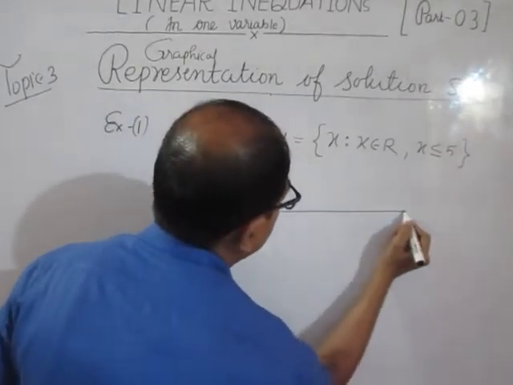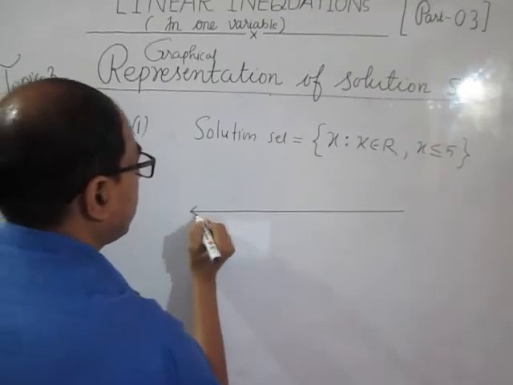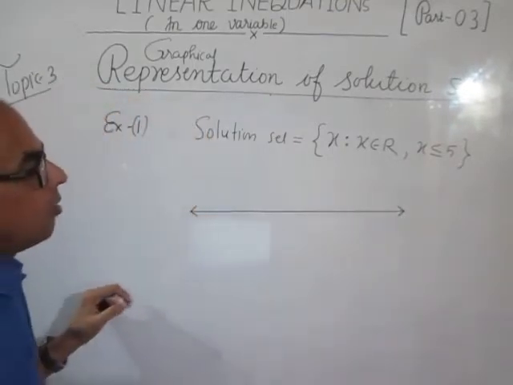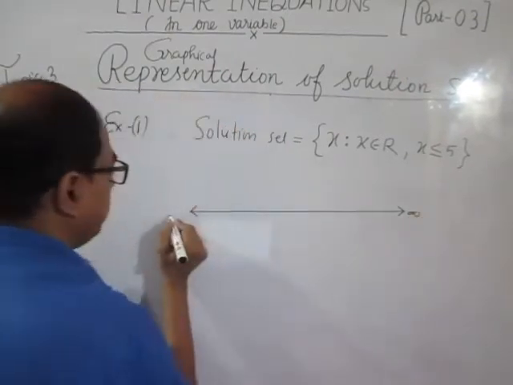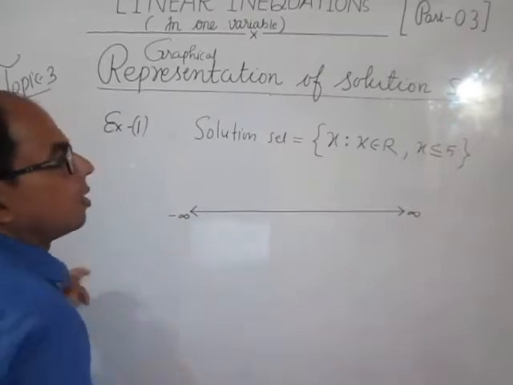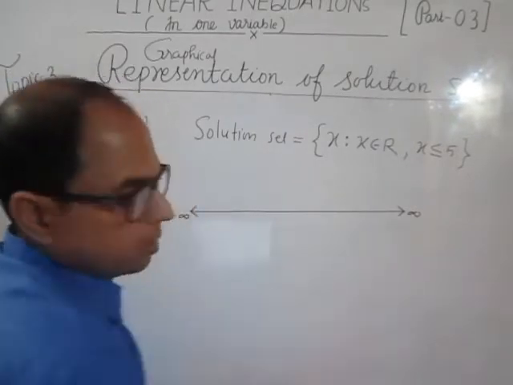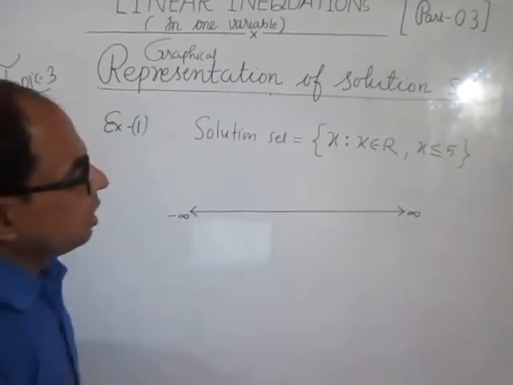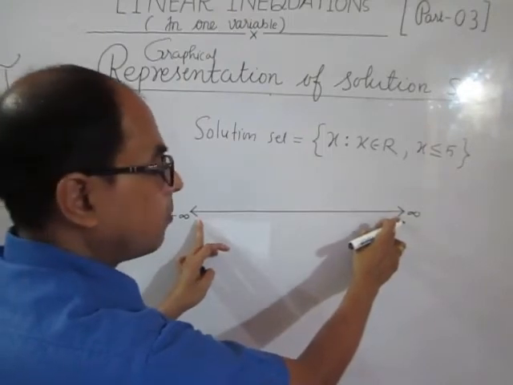draw a number line. Now put arrow at both ends. Now if you want to write plus infinity and minus infinity, you can write, and if you don't want to write this plus infinity and minus infinity because infinity is new for class 10, so you can ignore it also, but these two arrows are very important. It is compulsory to put here arrow.